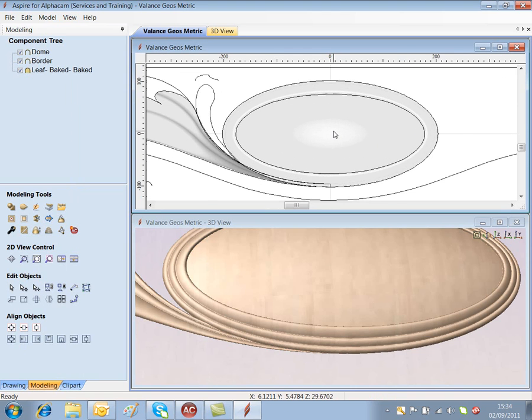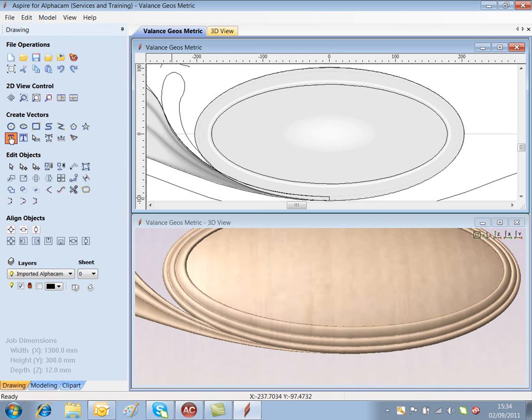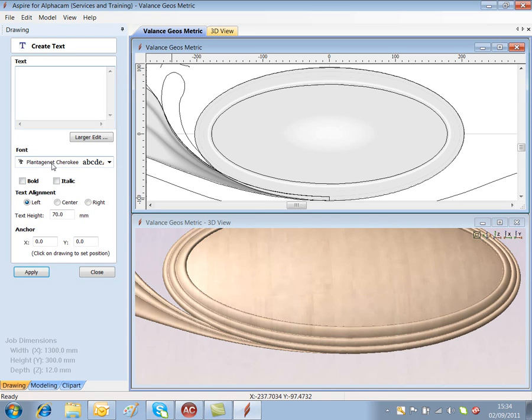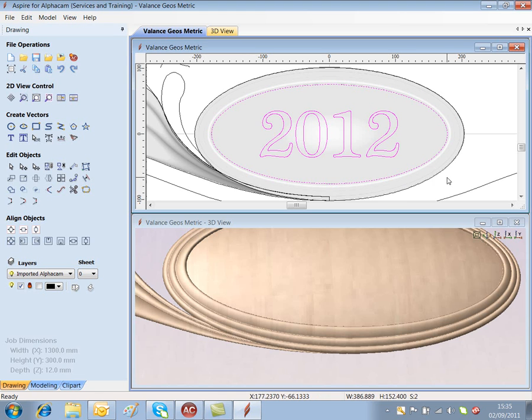Okay, back into our geometry, and into here we're going to create some text. So we'll come into drawing, into text. I've been informed that Plantagenet Cherokee is a very good font to use for this. I've got it 70 millimeters high. Let's put the version 2012 and apply. We'll close on that. While I've got that active, shift and select the inner ellipse, and then we'll centralize those. Select that again, and